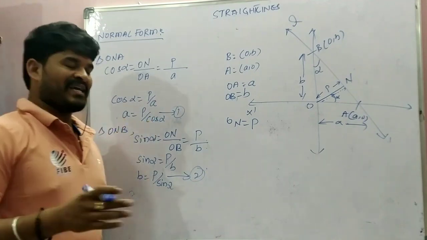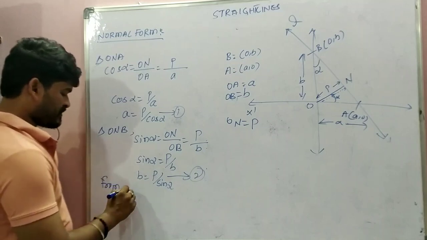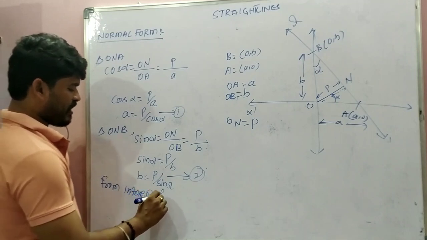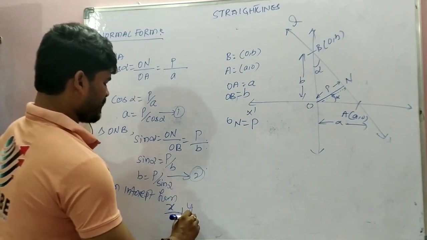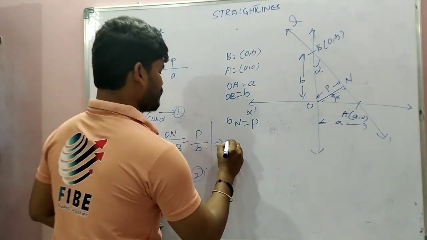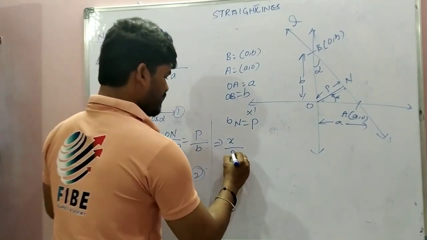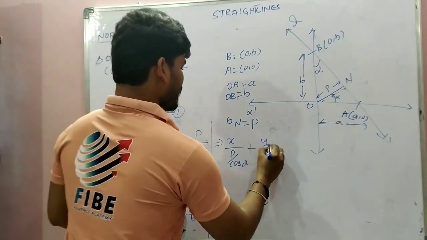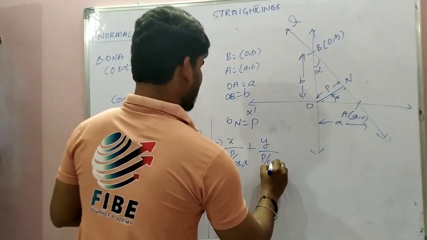So already we know the intercept form: x by a plus y by b equals 1. Therefore x divided by the a value, p divided by cos alpha, plus y divided by the b value, which is p divided by sin alpha,